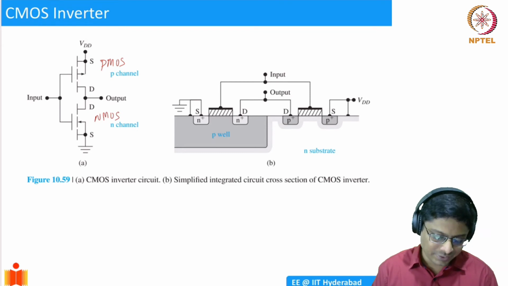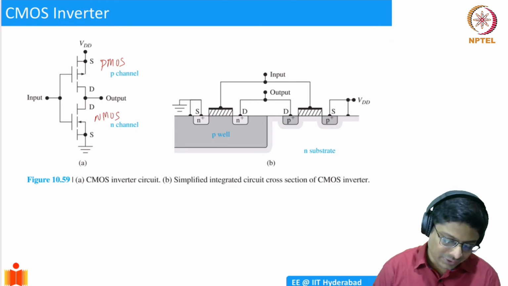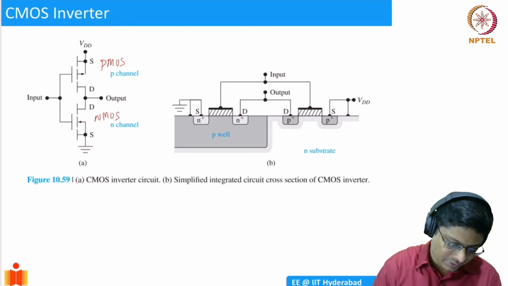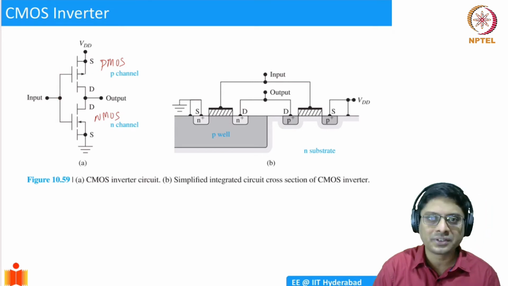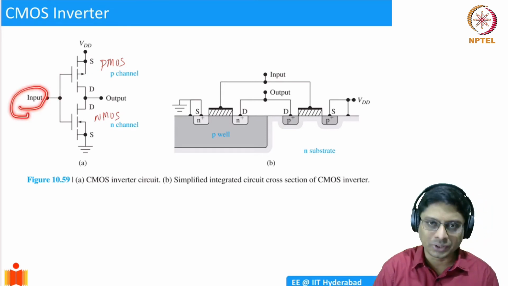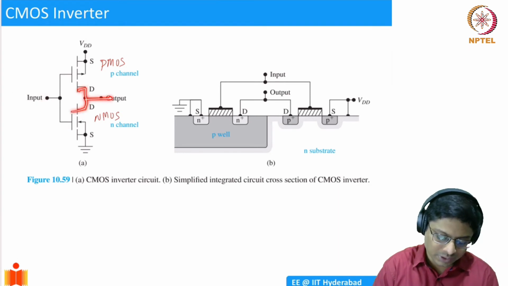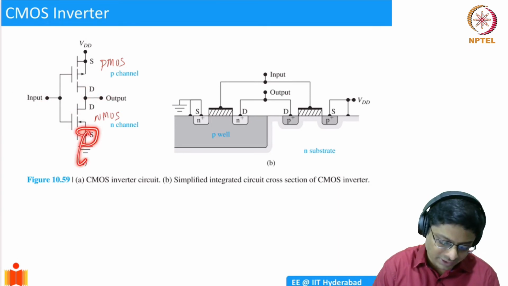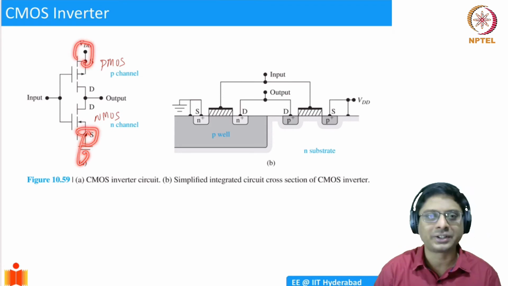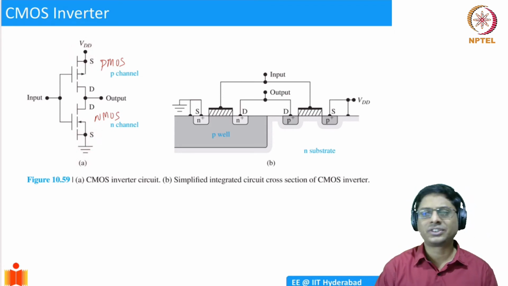Okay. So anyway, what we are doing here is you're connecting both gates. Both gates of the NMOS and PMOS devices are connected together. We call it input, and then the drains of both devices are connected. It's called the output. The source of the NMOS device, I'm connecting to ground. The source of the PMOS device, I'm connecting to VDD. Just two transistors which are connected.